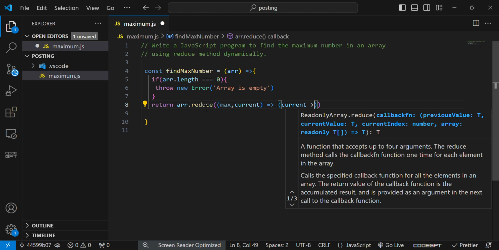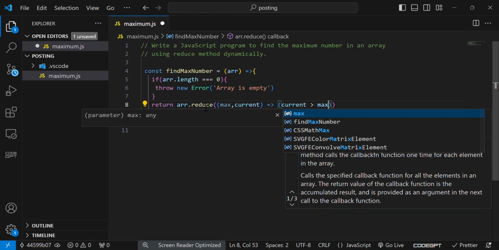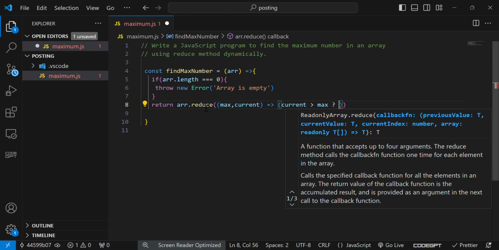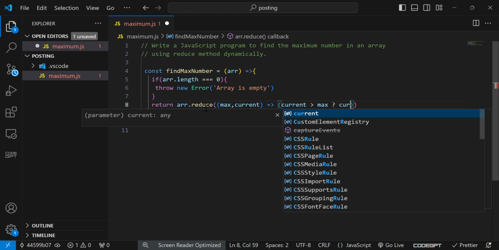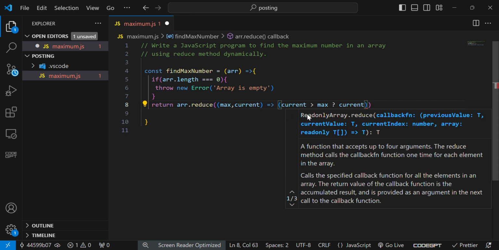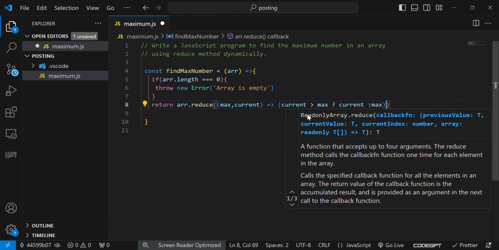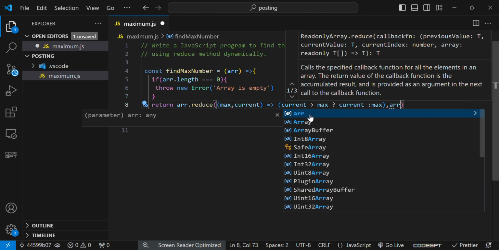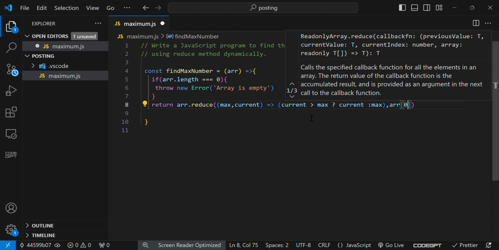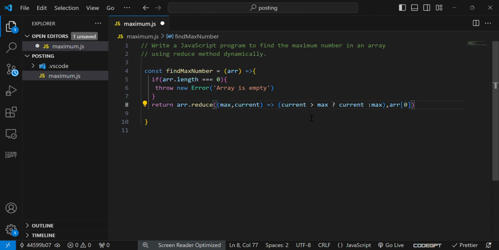If current is greater than max, print current, otherwise max value. Here I'm taking the initial value as 0. This is a condition. So first of all we define one arrow function, const find max number is equal to